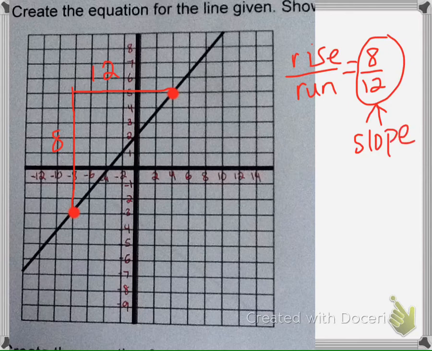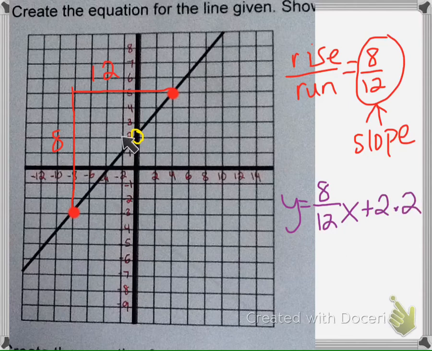Okay, now I want to find my y-intercept. Looking at the graph, my line is crossing the y-axis at about 2. And I'd almost want to say it's not quite at 2. It's almost a little above 2, maybe like 2.2. It's right here. So my equation is y equals 8 over 12x plus 2.2. Okay, so as long as for the y-intercept you said at least 2, maybe 2.1, 2.2, I would accept